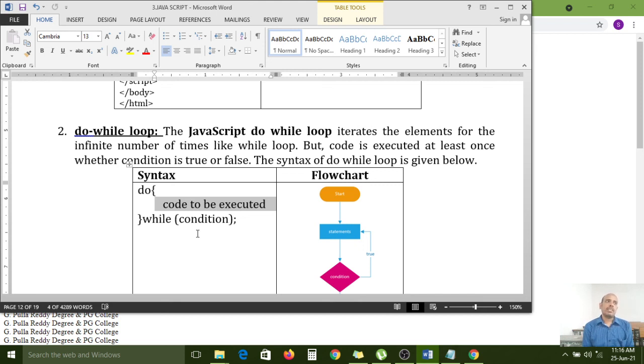So first it is asking, what is it asking? Please insert the card. After inserting the card, it will ask some other questions. Please enter the PIN, and after the PIN is given and validated, the remaining options are shown on the screen. If the PIN is wrong, immediately it will ask again, please enter the correct PIN. So like that, do while works on that process only.